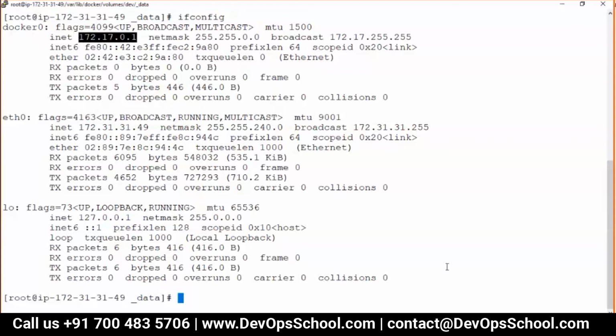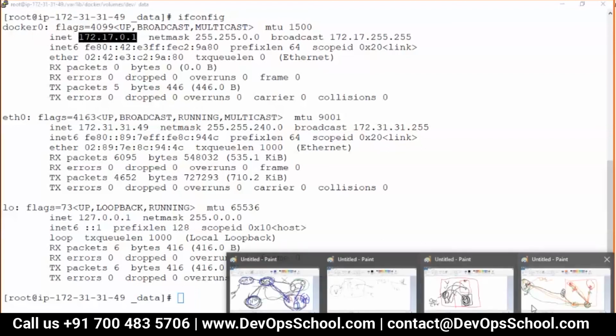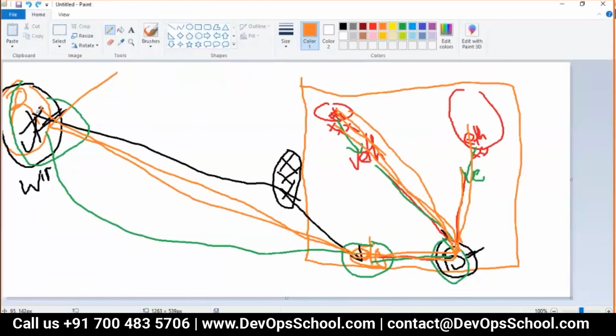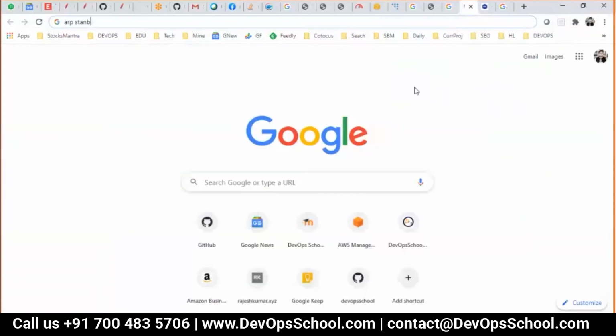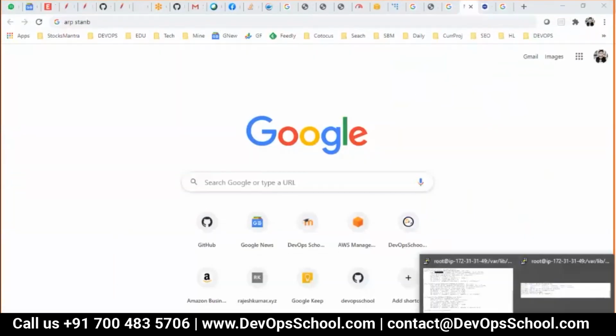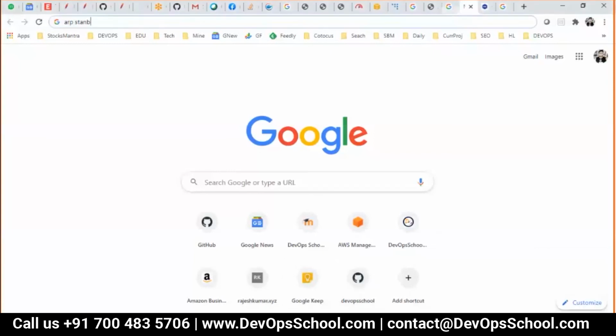So that is why I was drawing this picture. The internet comes to Ethernet, from Ethernet it connects to the bridge, the bridge shows the gateway, and from the gateway it travels to here and here. Guys, did you understand this? Okay, so that's the networking rule: the first IP address will be the gateway, and the last 4 IP addresses will be reserved for that CIDR range. Again, those are the rules of networking.